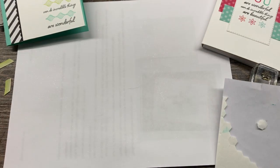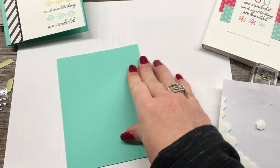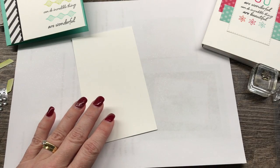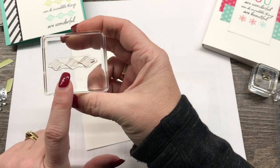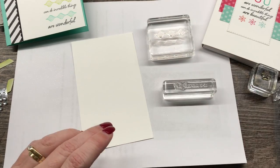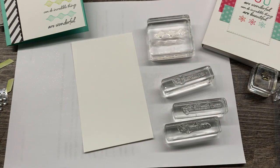So on this one, I'm going to start with a Coastal Cabana card base. And then I've got a 3 1/4 by 5 1/2 inch piece of Whisper White cardstock. And I'm going to stamp my sentiments, and I'm going to put this cute little design element in between each word. So I'm going to work from the bottom up on my card. So I've got my 1, 2, 3 sentiments, and then I'm going to take my stamp,